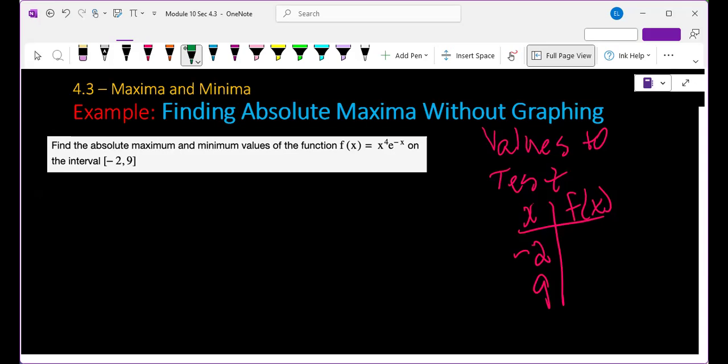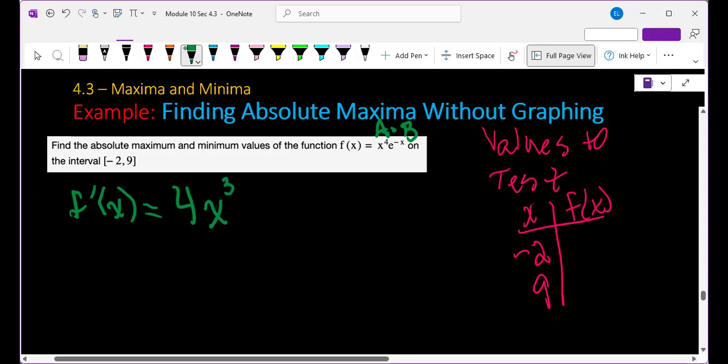I could move the e to the x to the bottom, but then I'd have a quotient rule, and well, product rule is better than quotient rule. So that's an A times B situation. So I'm going to do my A prime, power down 4x, 4 minus 1 is 3, times, keep B the same, e to the -x,